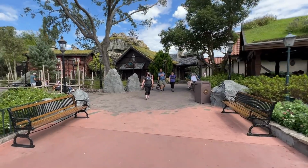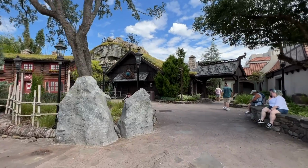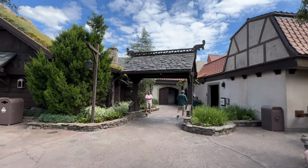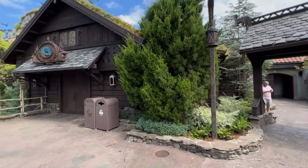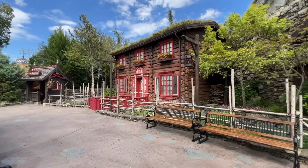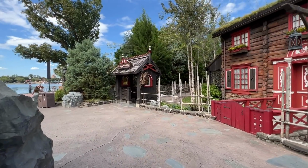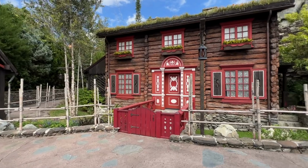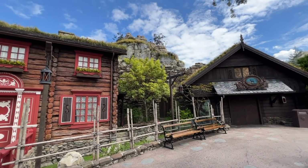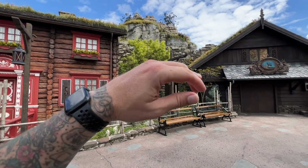All right, let's wander around the backside here. See, this area is not using the magic tricks we've talked about. It's a little bit looser. Got a little bit of framing there with that entryway. But this nearly doesn't have that same sort of scale or forced perspective because they just sort of placed everything around in this little cul-de-sac, this little half circle. I do really enjoy that horizontal creek rock there and then that sort of natural rock where you feel like this is man-made and then behind it